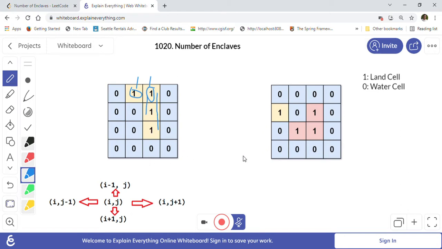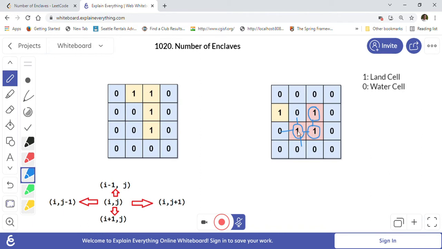If we look at the second example, let's say we are standing on this cell. We can go and visit this cell. If I go downwards, if I go left, again I can visit this cell. But now if I go in any of the directions, I cannot walk off the grid, because these 3 directions are water, so I cannot go to the water, and I can go back, but it is land.